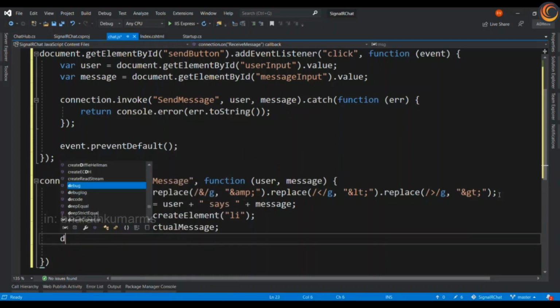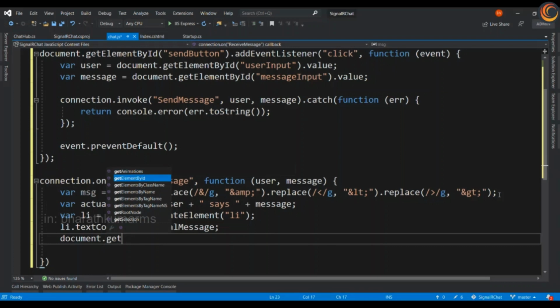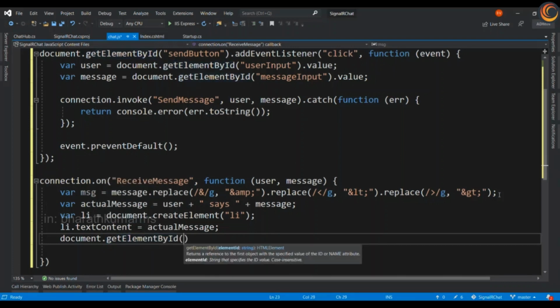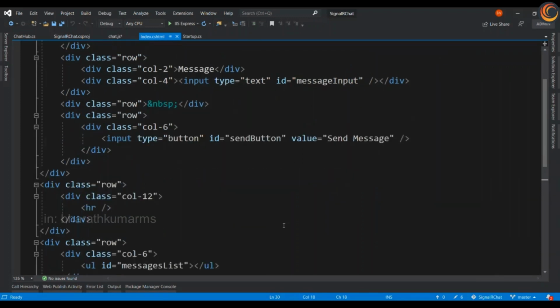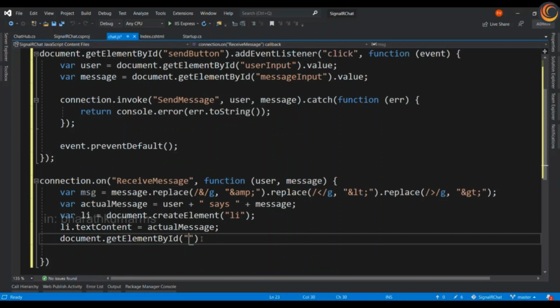And I will add it to the DOM. We already have the message list. I'm going to add it inside it, as one child.